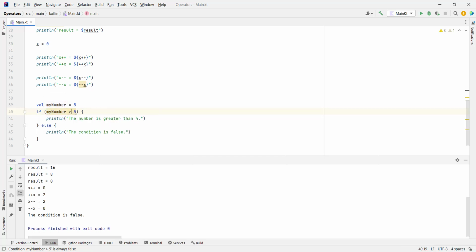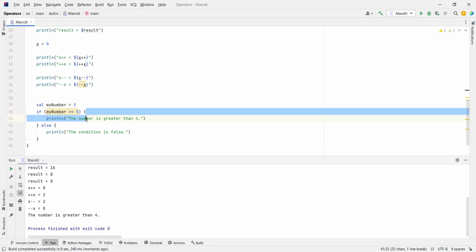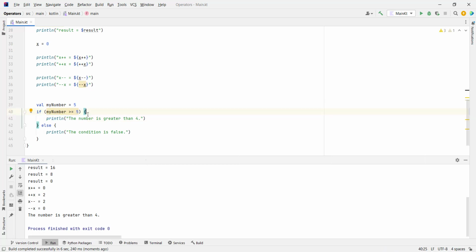And if I put here greater than or equal to 5, look what happens now. If I run this code, now we get the number is greater than 4. Why? Because now we have a different operator, and this is the operator greater than or equal to. So our number is not greater than 5, but it's equal to 5. So it evaluates to true, and it's executing the code inside the curly braces of the if, which is this